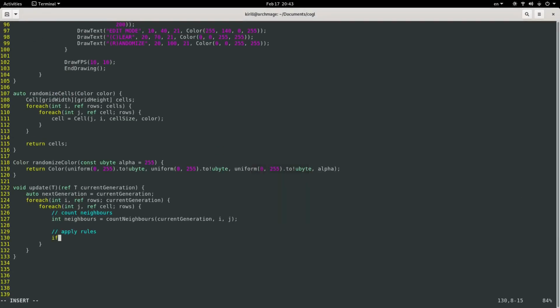So if cell is dead and if it has exactly 3 neighbors, then it becomes alive. And we will save it into the next generation variable. Then, if cell is alive and if it has 2 or 3 neighbors,